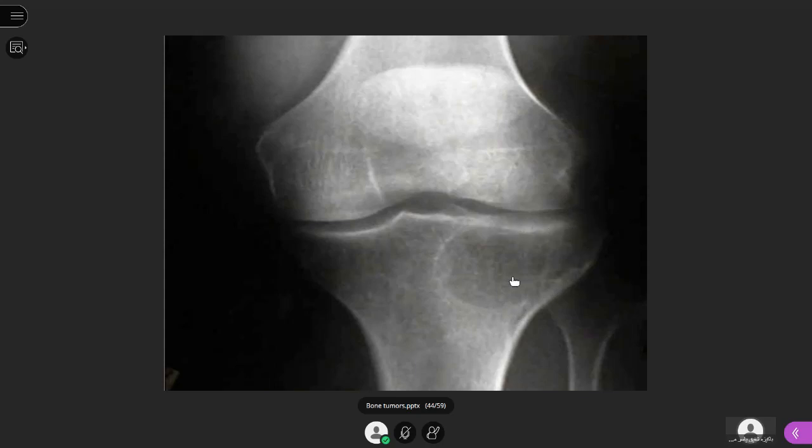The lesion is lucent. That means it is lytic. You can say lucent or lytic, and there are well-defined margins of the lesions. Okay, there is no pathological reaction, there is no calcification, there is no soft tissue component as well. And if you see, the epiphyses are not visible. If the epiphyses are not visible, then that means you are dealing with mature skeleton. The age of this patient will be more than 20 years. Okay, and you know that a benign bony lesion, which is in the mature skeleton, is most likely a giant cell tumor.